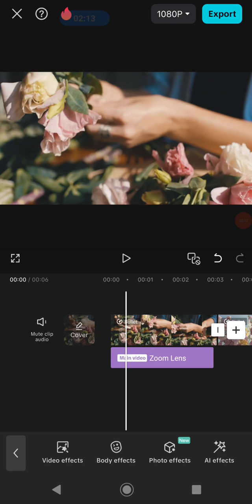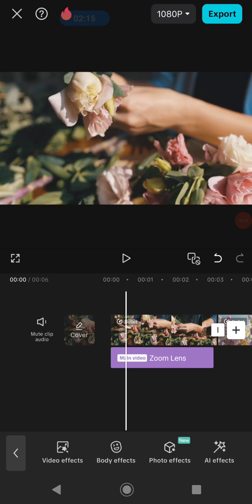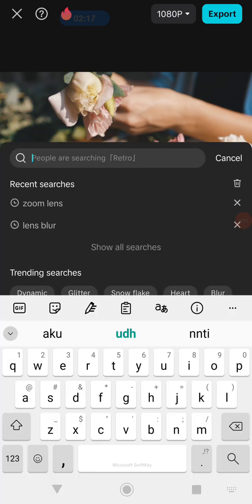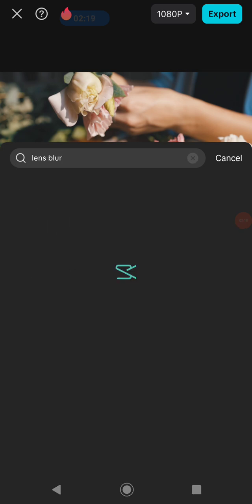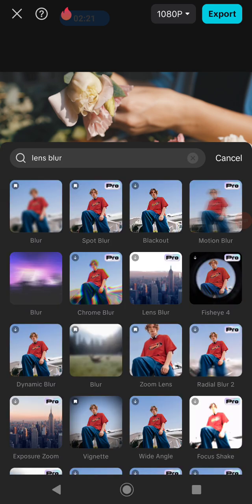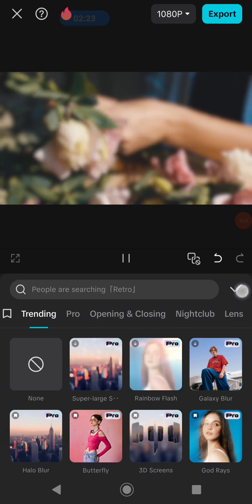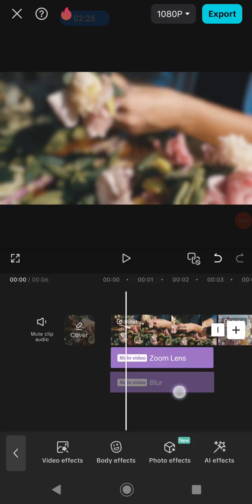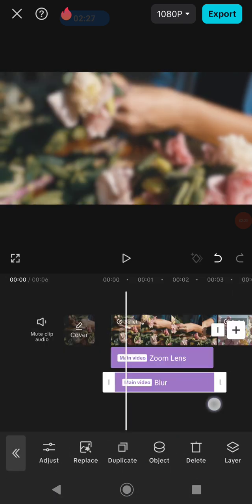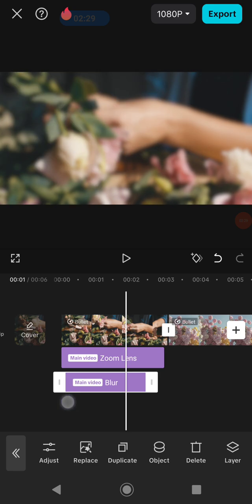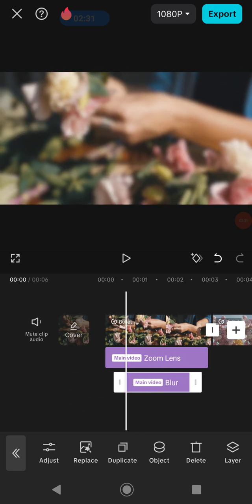And then the next step that you need to do is add another video effect. So let's add a blur effect on it to make it much better. So let's just type lens blur and use this effect and add it onto your clip and position the effect kind of like this. And I think I'm going to crop it all the way to this position